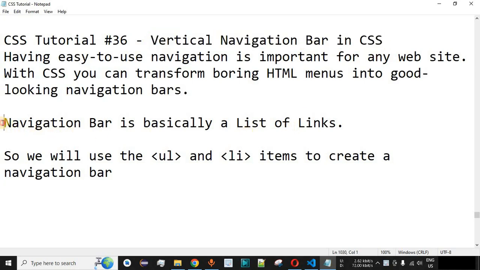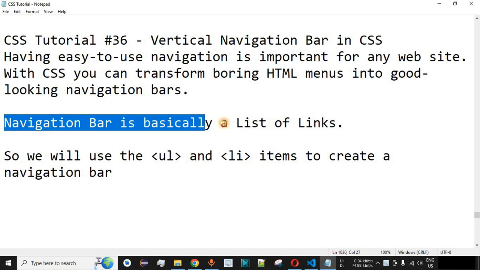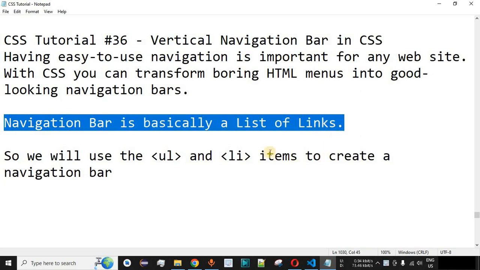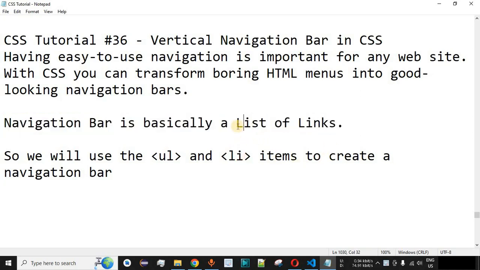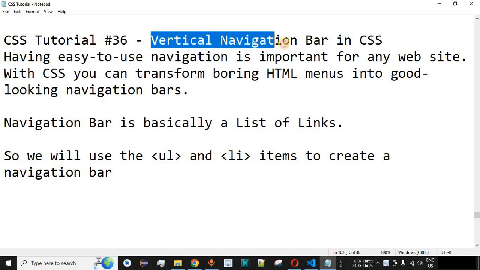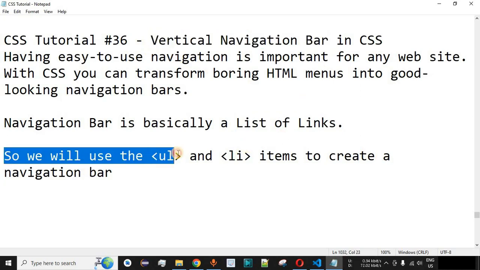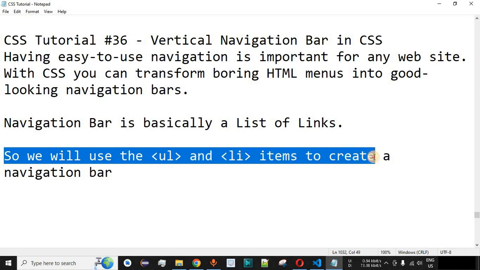So guys, basically a navigation bar is nothing but the list of links, and we are going to create the unordered list inside which we are going to have the list of links which we are going to convert into the vertical navigation bar using CSS. So guys, we will be using the UL, which means the unordered list, and the LI items to create a